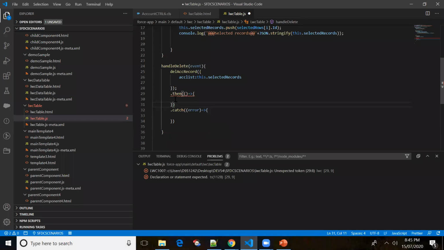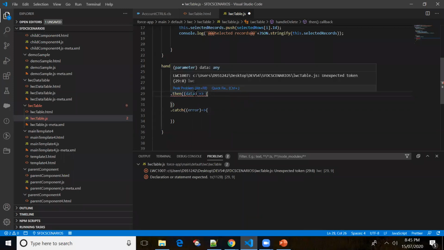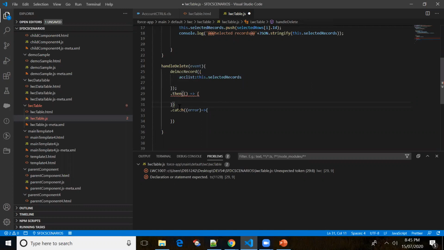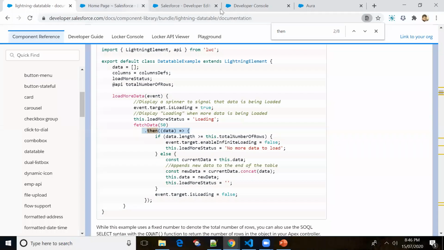Let me check whether we have, okay, we are not passing any parameter, so let me remove this. Still we are getting an error. Line 29, unexpected token. Just give me a minute. I will just check the inline editing and levels.